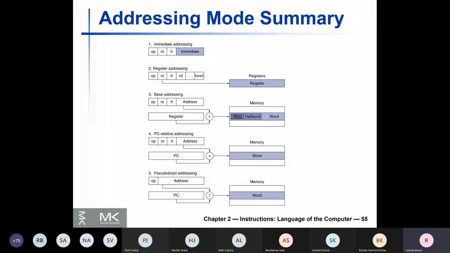There can be instruction sets, for example, x86-64, which support dozens of addressing modes. For example, there might be an instruction which says read a value from this memory address, read another value from this memory address, add them and store into another memory address. So an arithmetic instruction itself supports 3 memory addresses. There is nothing like that in MIPS. Arithmetic instructions will either be immediate or will be pure register.